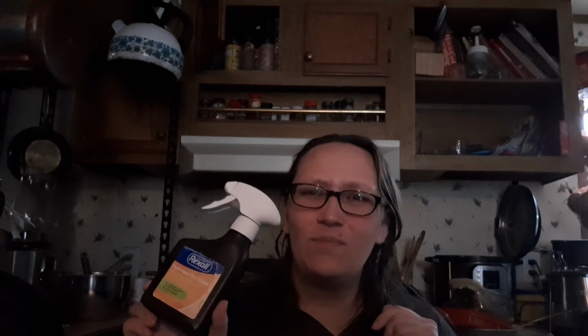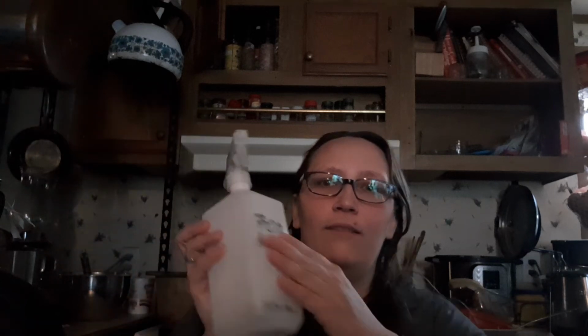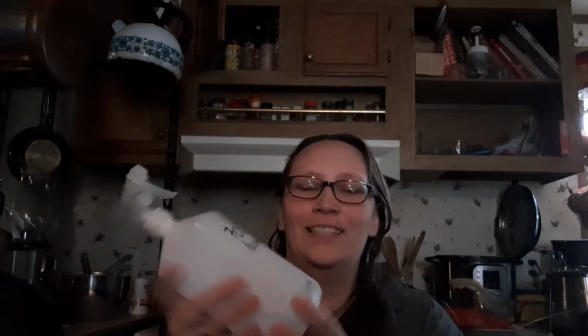That was handy. I also don't buy this style bottle typically. I bought it once and I just refill it out of a bigger bottle to help bring costs down. Now, these are both actually alcohol right now, and I have a kid that likes to peel labels. So